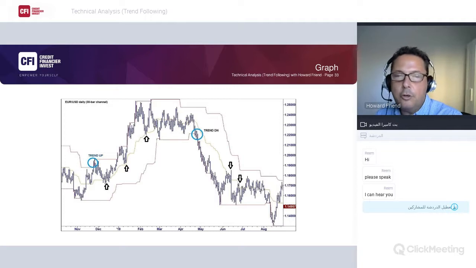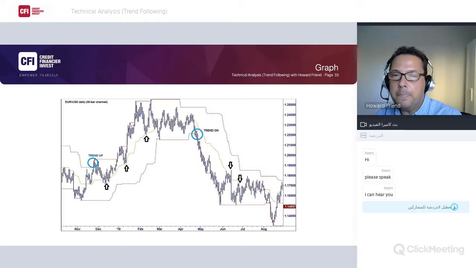So in an uptrend, you're looking for the middle of the channel to find support, and you're looking for the market to maybe break through the top of the channel and continue its trend, or maybe take some profits at the top of the channel. So here the market pulls back, finds support around the middle of the channel, breaks up, pulls back, finds support at the middle of the channel, breaks up again,